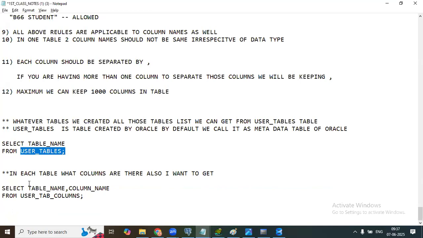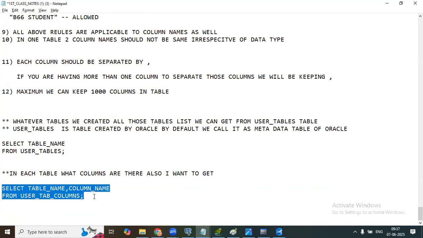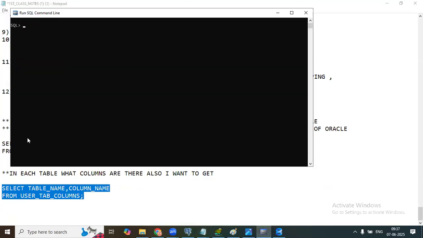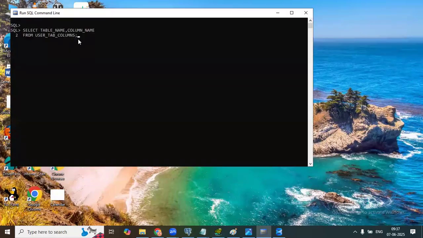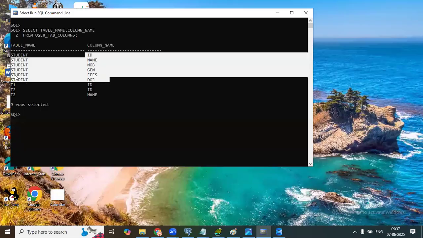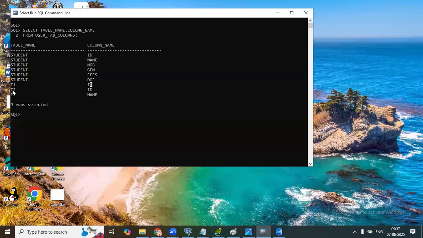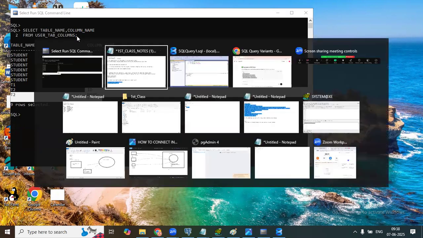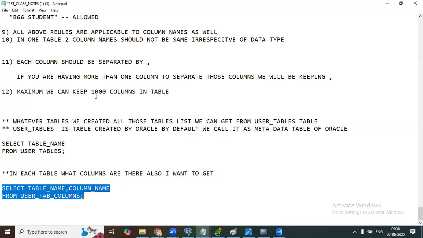But which table has what columns, how will you know? If you run this query, it will give you. See, total three tables are there, but I wanted to know which table has what columns. You can run this: this table has this column, this table has these two columns. Like that you can run. The equivalent in SQL Server will be there too, table_columns. I'm not touching that part now, but I just gave you that feel or understanding. With this, you know how to create a table.